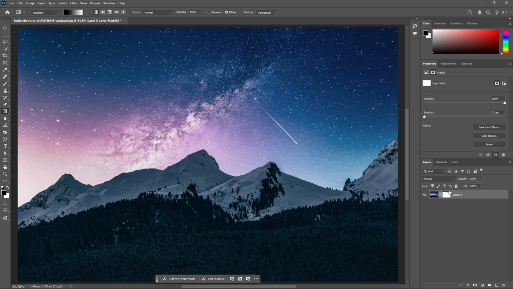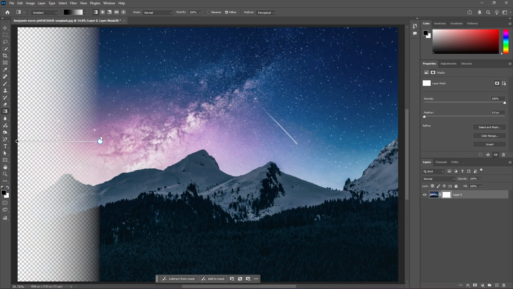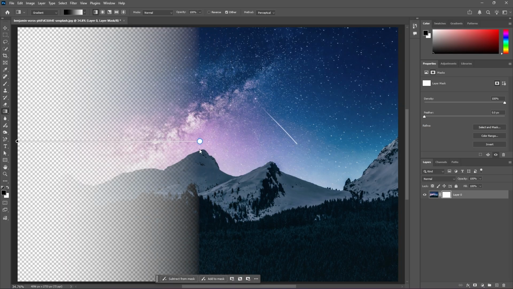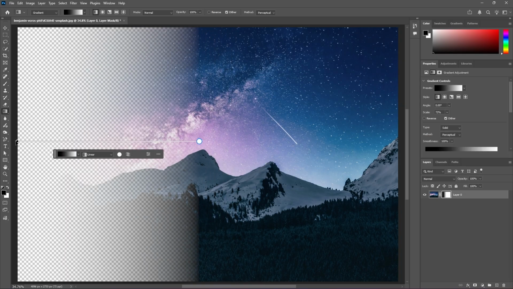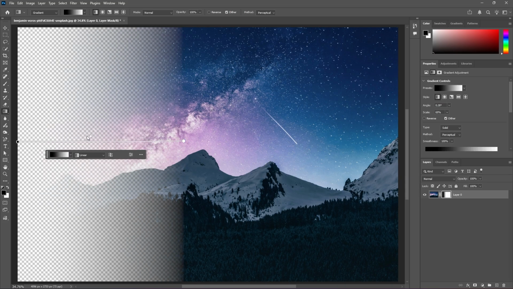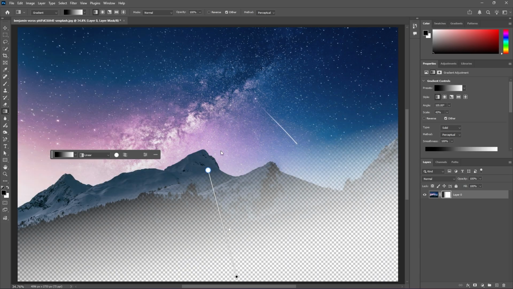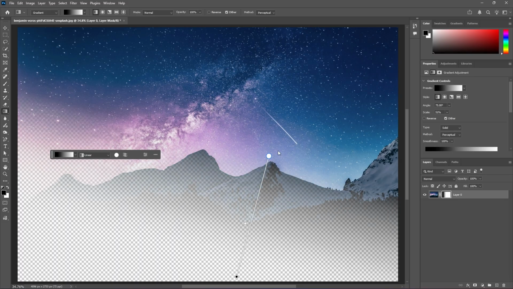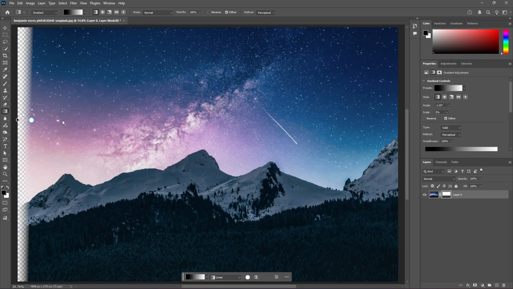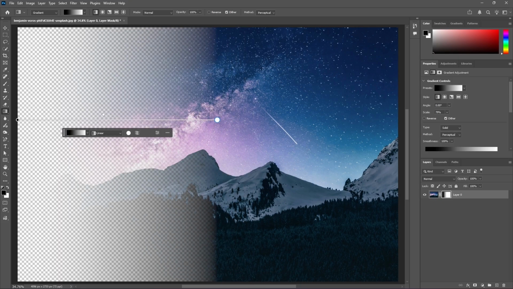And now making sure that our layer mask is selected, let's just click and drag, and holding shift just to keep it in a straight line, you can add your gradients here. And if you want to make any adjustments, you can play around and move these handles. Even the center handle here if you want to adjust your gradient harshness. And of course you can switch it if you want it to be top to bottom, on an angle, however you want. So I'll just do from left to right,